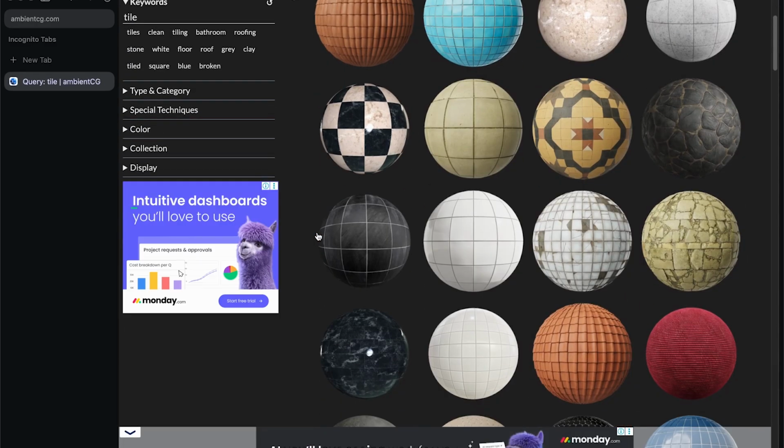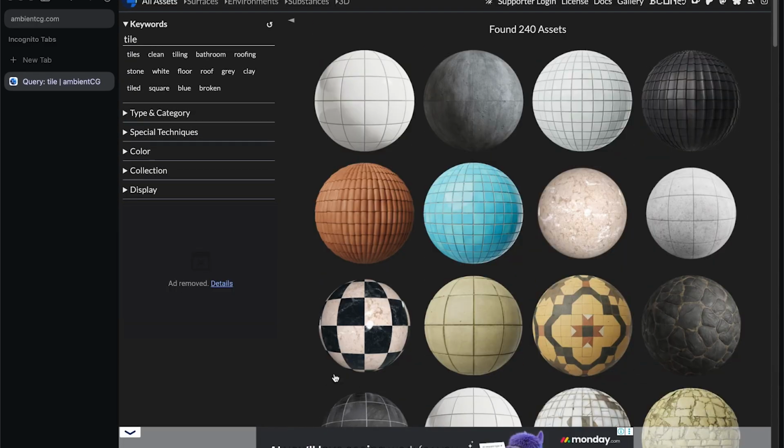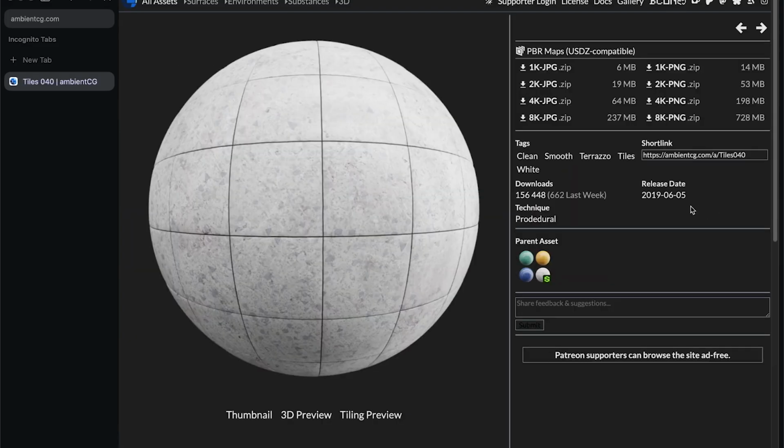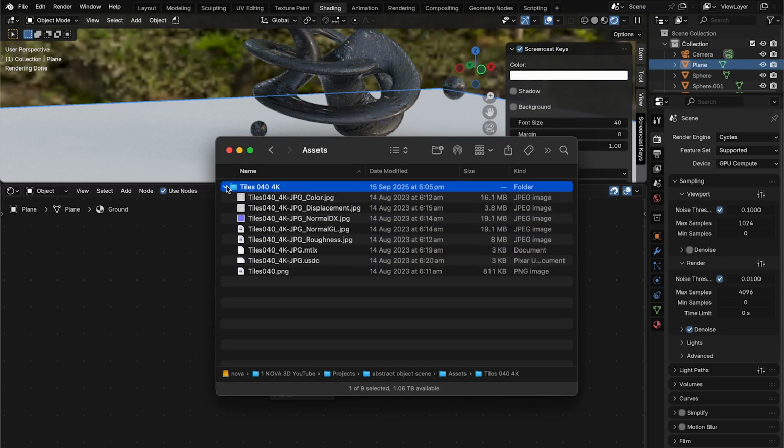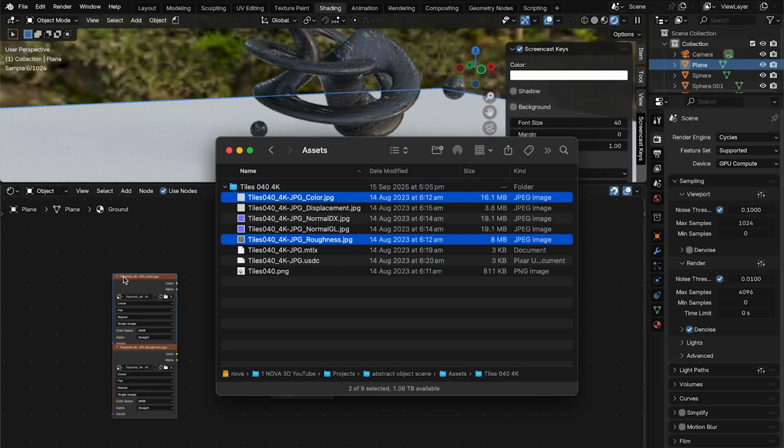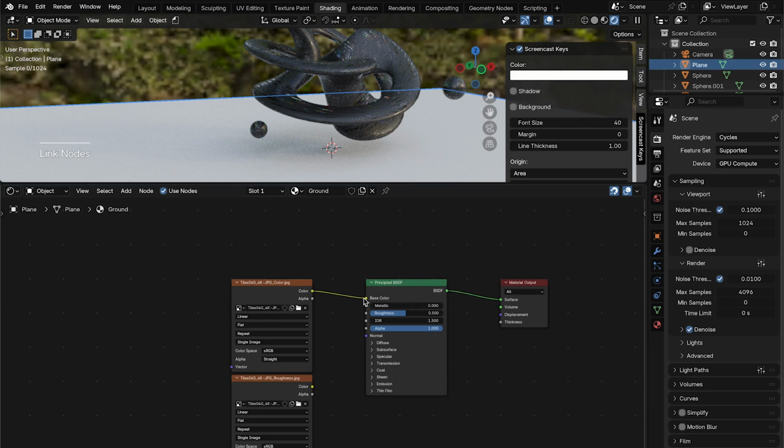There is a bunch of nice options here, but the one I like for this project is this one right here. So we can click on that, and then I'll download the 4K JPEG version. Okay, so that's downloaded now, and we have all these files. Then let's drop in the color and the roughness. And I'll plug the color into the base color of the principled BSDF, and we can plug the roughness into